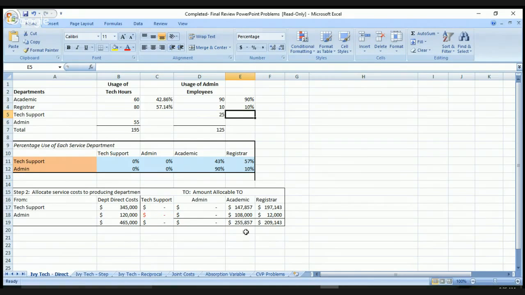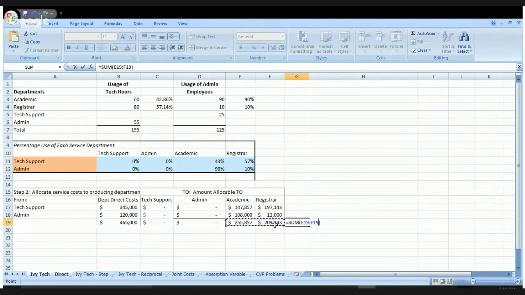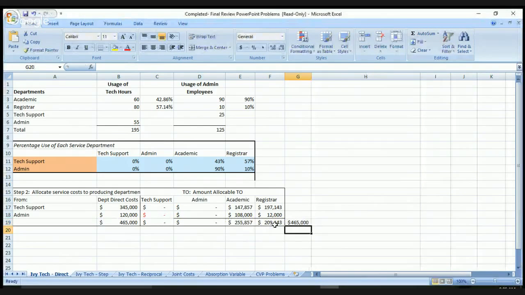So the total amount is going to be $255,857 to the academic. Registrar is going to get $209,143. Okay, and if you add those up, it is going to equal $645,000. Okay, so now